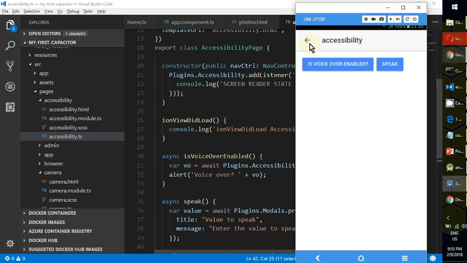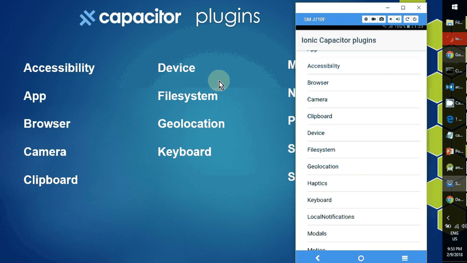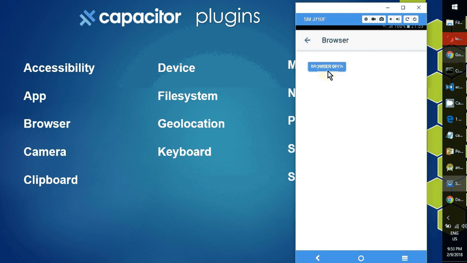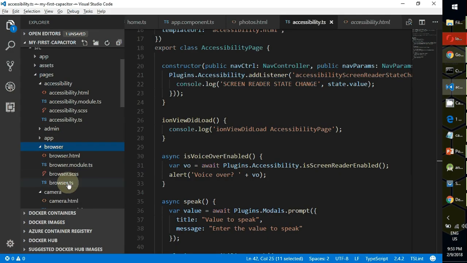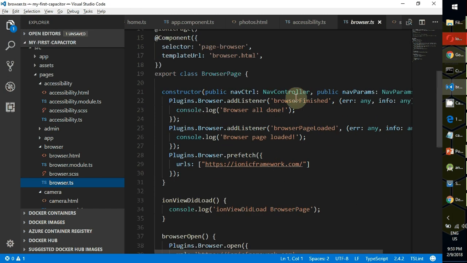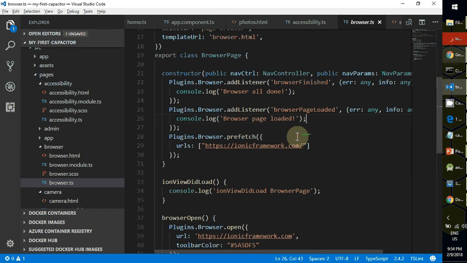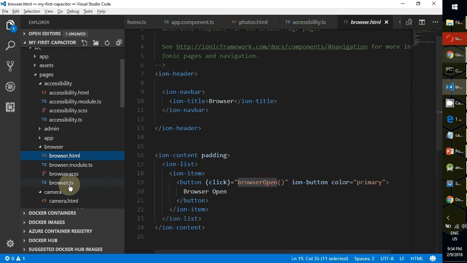Okay, we move to the next plugin, which one is app or browsers. We check for browser now, then we go for app. So I'm just selecting the browser. I think they have hard coded something. We see the code before we do browser dot. Oh, see, you can see the browser finish. So for each event we can handle. So prefetch. So we just see which one is first doing. Browser open. So